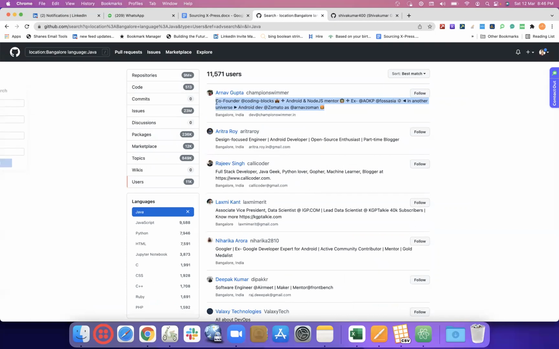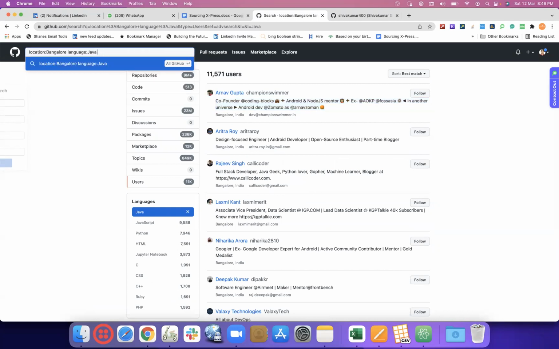Now from these bios, let's say we want someone who would have mentioned software engineer or software developer or anything like that. We just go software engineer, software developer, or MTS or SMTS 1, 2, 3, 4.